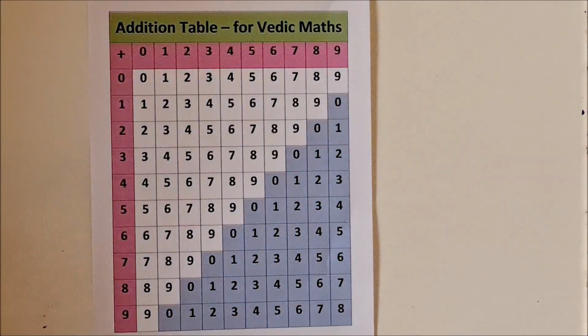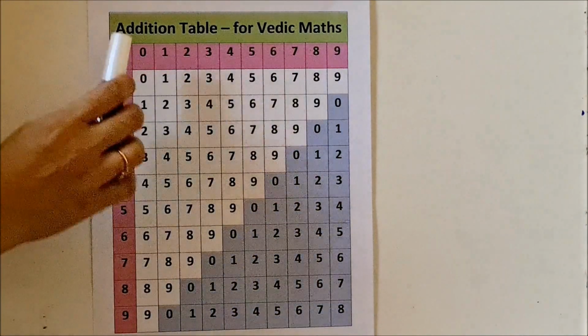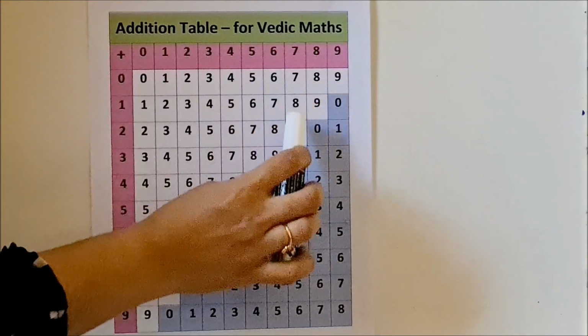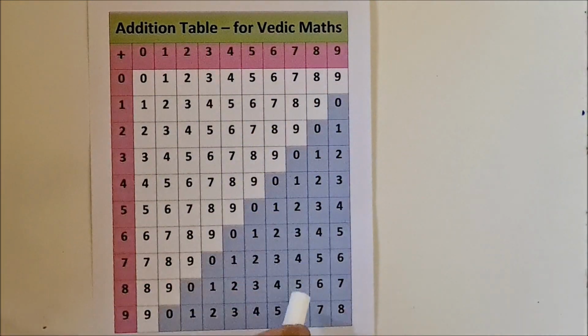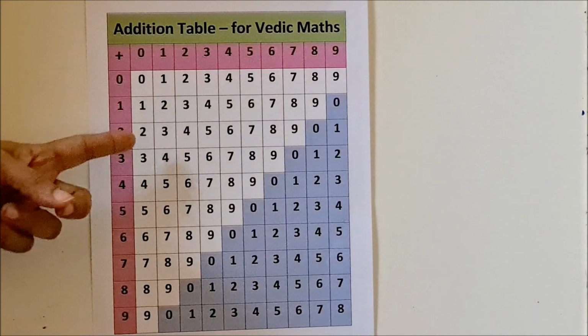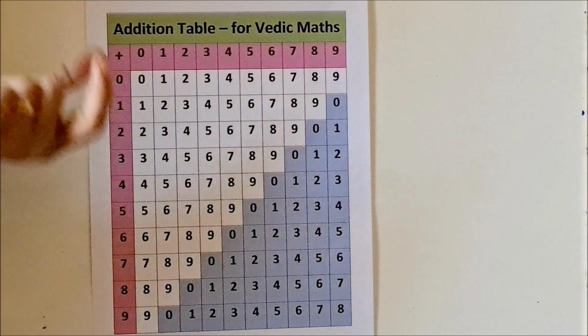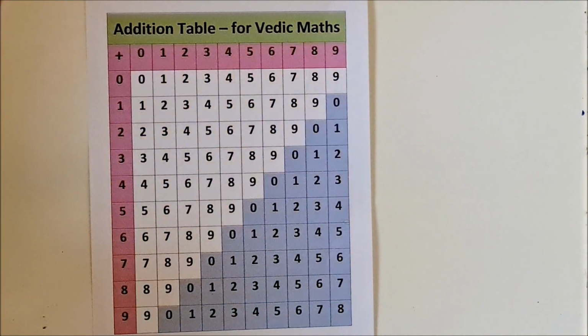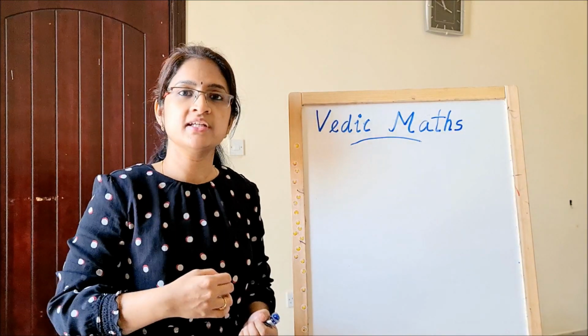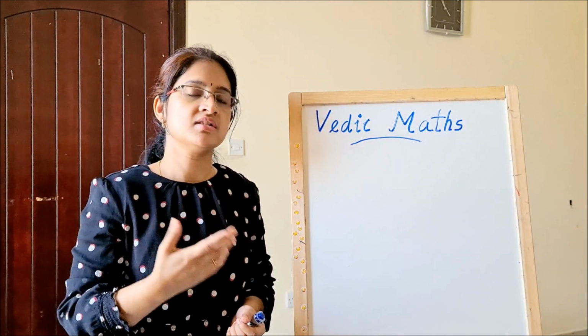Okay? For example, 7 plus 8. What is the end number of 7 plus 8? From the table, how will you find out? 7, and you go down to 8. That will be here. 7 plus 8 equal to 5. Correct? So by referring to this table, you will be able to get the last number, or the end number, of each addition pair when it is a 2-digit sum. But slowly you have to remember each of these n numbers so that you can do additions faster.